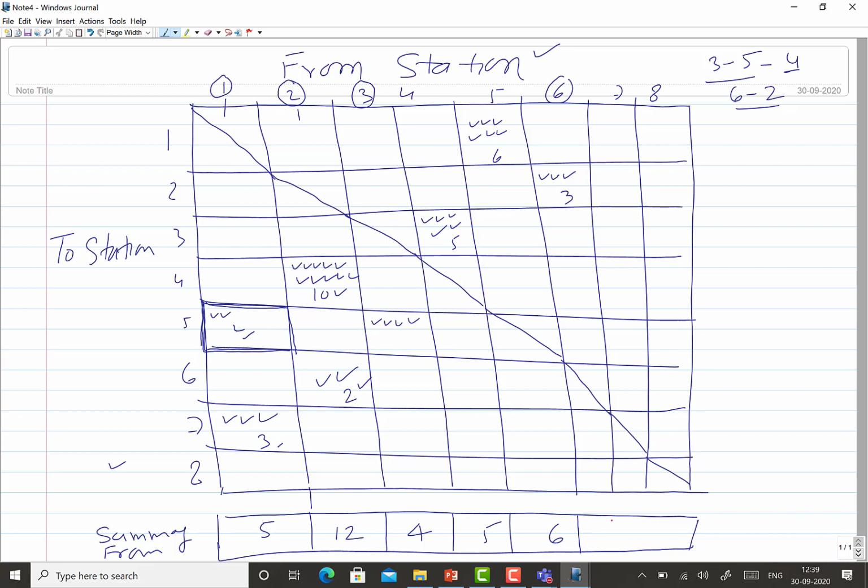The sum of all movements taking place from station 6 is, say, 3. And likewise we can mention the movements here. It can be 7, it can be 9, anything, just for the sake of example. So here the sum of all movements from station 7 is 7, and then it will be say 9.